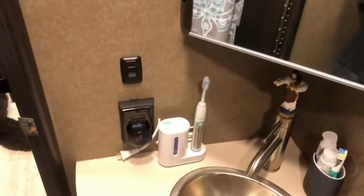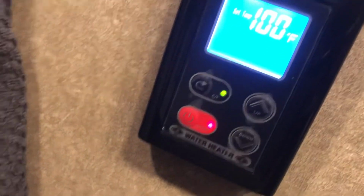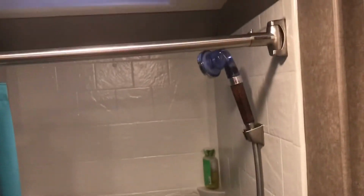So, as I mentioned before, I absolutely love the bathroom. It really works for me. The showers are great. Nice hot water. I mean, it's really good. And this works for me. The pressure's great. Yeah, I really don't mind it at all. I thought this was going to be the part that I hated the most. So,